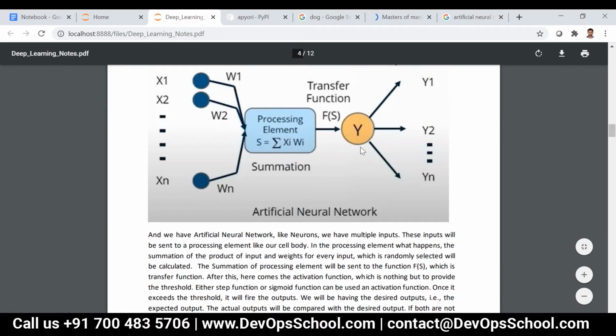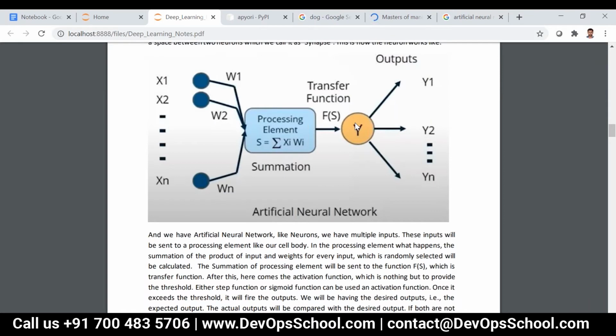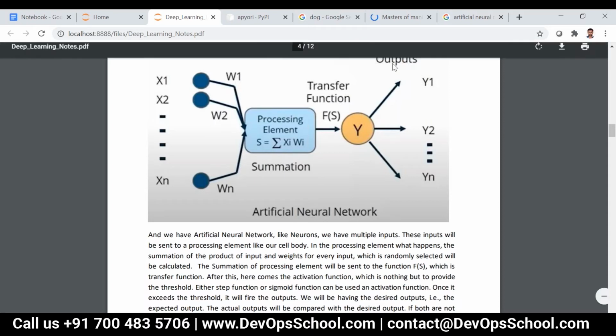This transfer function is also called the activation function, and it differs depending on the model you work with. For example, if you are working with binary logistic regression, the activation function will be sigmoid. If you are working with linear regression, the activation will be linear. And for something like multi-class classification, the activation function will be different. Then it will normalize the output.